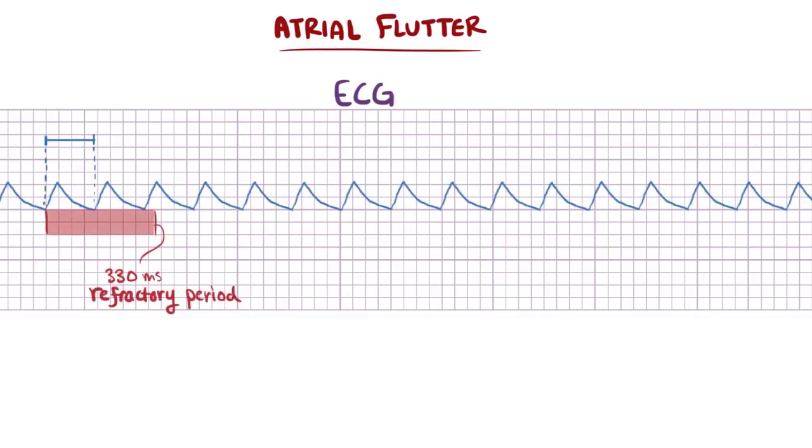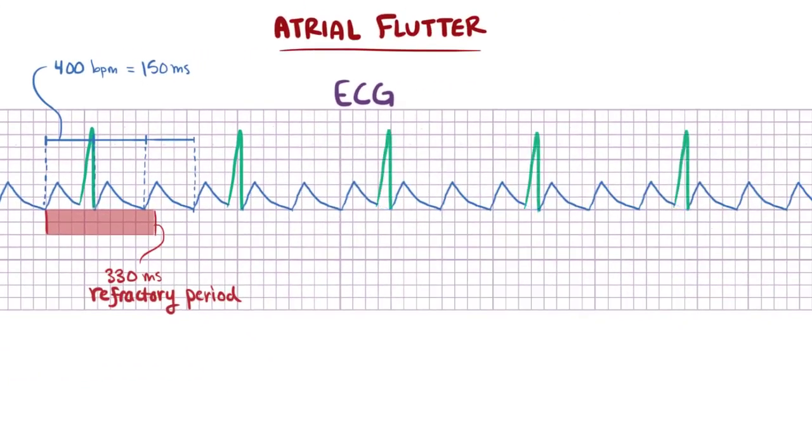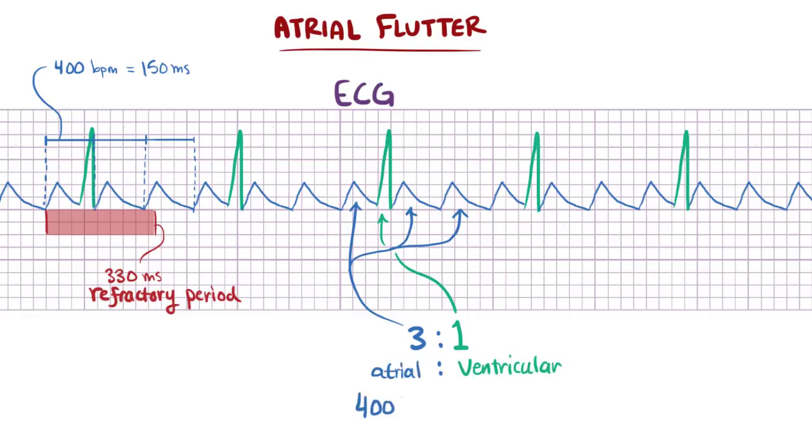Now let's say the atrial were going at 400 beats per minute. The first one conducts, then it's 150 milliseconds to the next one. Then the next atrial beat after that would land at 300 milliseconds, and the AV node still wouldn't be ready, right? Meaning the ventricles wouldn't contract until the third atrial beat comes in at 450 milliseconds. In this case, it's a 3-to-1 atrial to ventricular rate, 400 atrial beats per minute to 133 ventricular beats per